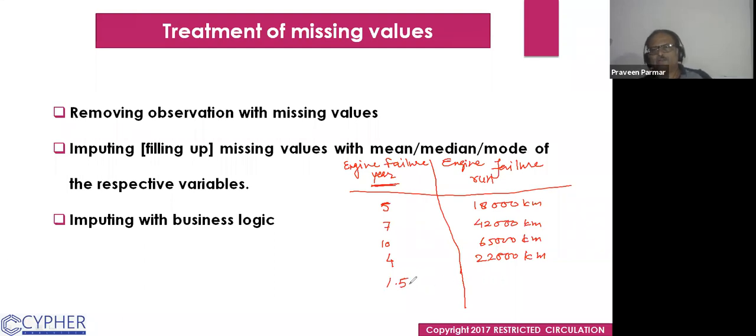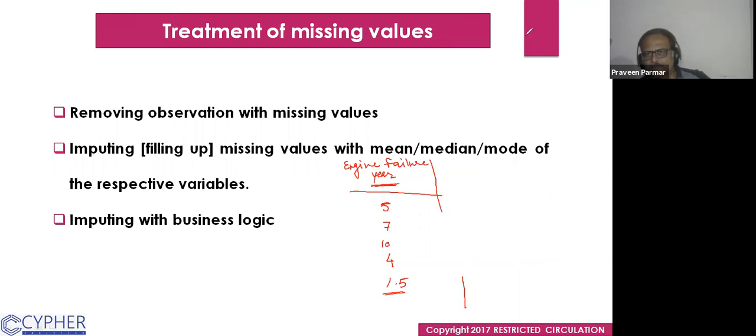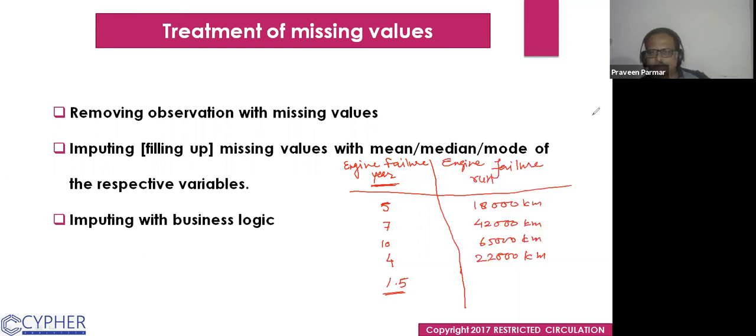Suppose the engine failed after 1.5 years, and you use the mean value to fill here. This is our NA, and we have to fill it. You find the mean of this, which comes to 36,750.